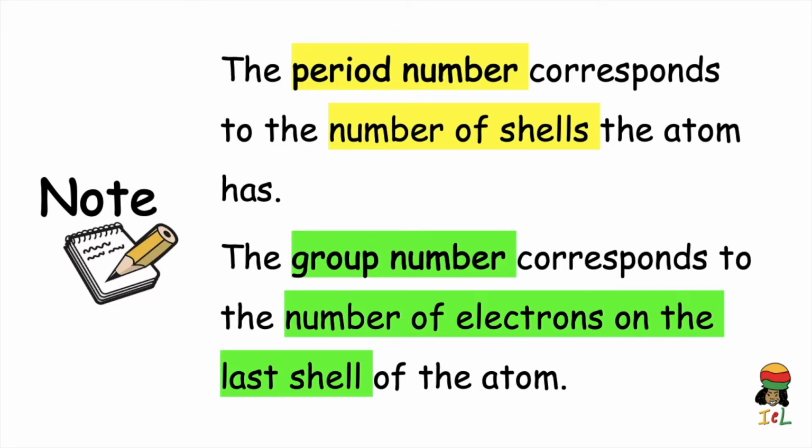The same happens with group 2. All the elements in group 2 will have 2 electrons on their last shell, and so on. The only exception is group 0. The value 0 simply indicates that all the atoms in the group have the maximum number of electrons on all